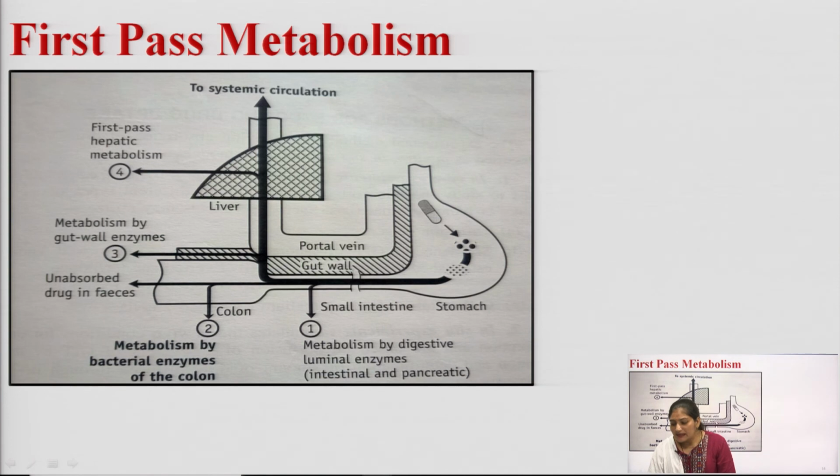Okay. So, these are the different sites where the first pass metabolism takes place. The first reason behind this metabolism is the digestive enzymes. Okay. So, these digestive enzymes are present in the gut wall as well as in the intestinal and the pancreatic secretions. Okay. Sometimes hydrolase is present that can hydrolyze ester drugs like chloramphenicol palmitate into chloramphenicol, or